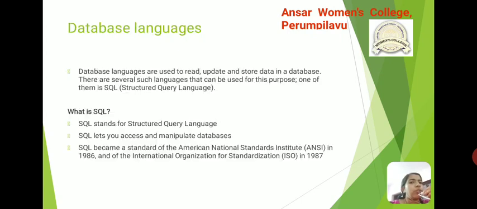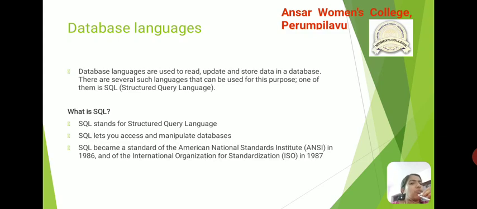Then we move to the topic database languages. Database languages are used to read, update and store data in a database. There are several such database languages that can be used for this purpose. SQL is one of them. SQL means Structured Query Language. SQL lets you access and manipulate databases.